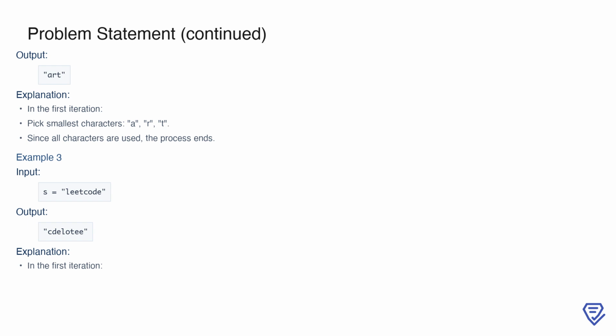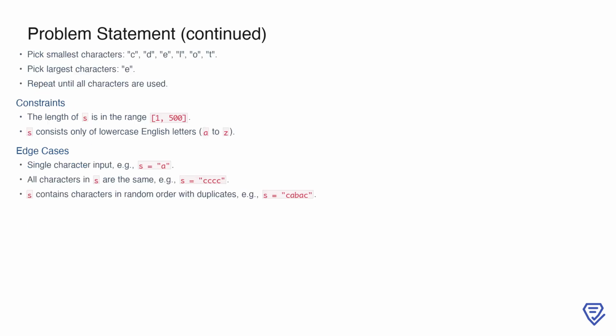Similarly, in the third example, the input string is S equals leetcode. The output is cdelotee. To achieve this, we start with the smallest characters, selecting c, d, e, l, o, and t in ascending order during the first cycle. After picking the smallest characters in the first cycle of the example S equals leetcode, we then switch to selecting the largest characters in descending order. Here, we pick e. The process alternates between ascending and descending selections until all the characters are consumed,